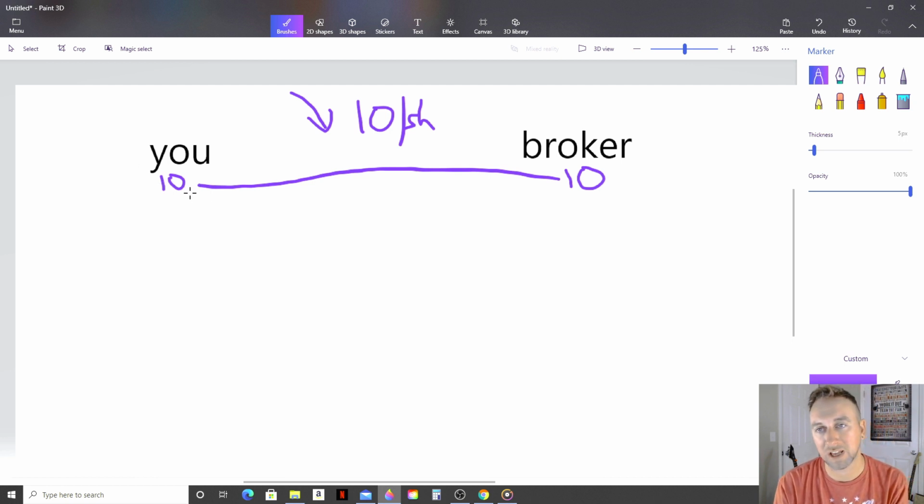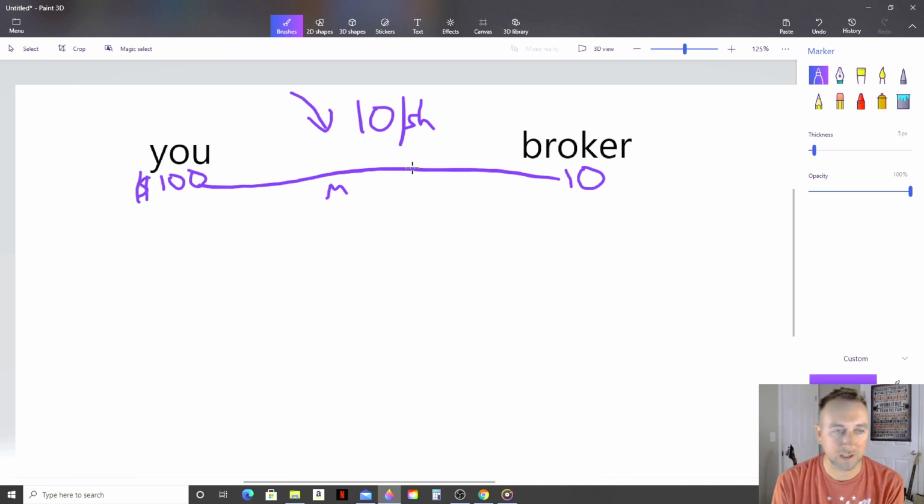If you're watching your account in live time, you'll be able to see your account balance go up, because when you borrow these shares, you're immediately selling them into the market. You borrowed them at $10, and you sell them immediately at $10 into the market. So that means that you received $100, and your account is going to go up by $100.